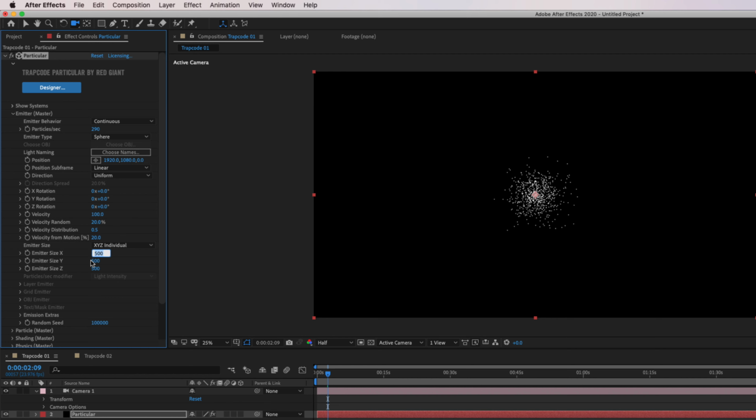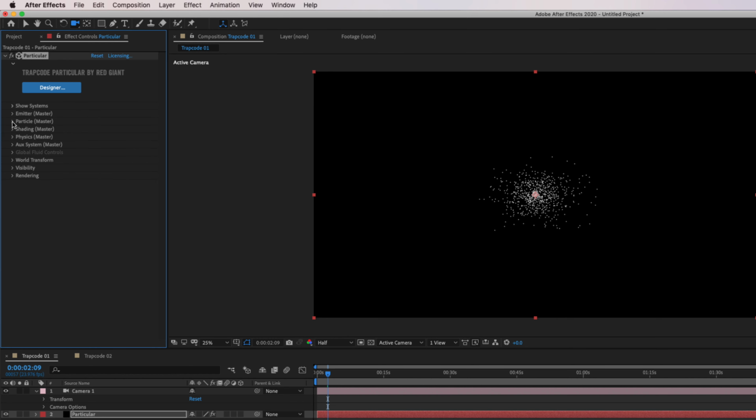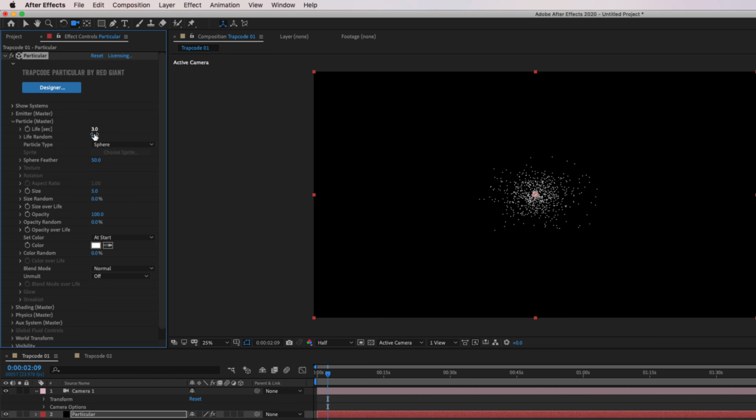I want to increase the X emitter size, the horizontal axis. I want this to be wider. So I'm going to take that to maybe 1,900. Yeah, something like that. We'll probably change it later. That's fine for now. So for our particle life random setting, I want to set that to 50 and come